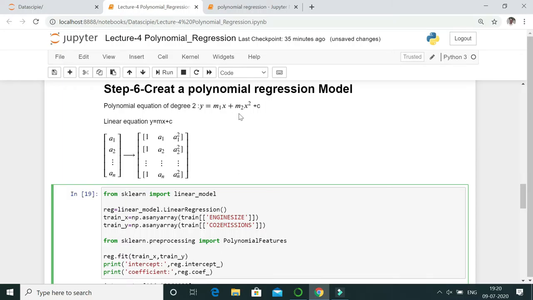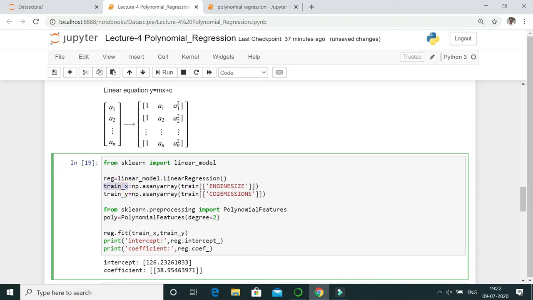Next, as our equation is of second degree, we have to import a second degree polynomial. So poly is equal to PolynomialFeatures of degree is equal to 2.